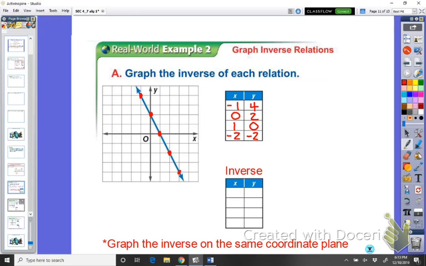Now the inverse, we're going to switch X and Y around. So now this is going to be 4, -1, 2, 0, 0, 1, and -2, -2 kind of stays the same. And we need to graph them on the same coordinate plane. So I'm going to take 4, -1, and remember this is the point 4, -1, which is right there. 2, 0 is the ordered pair 2, 0. So that's here. 0, 1 is right here. And -2, -2